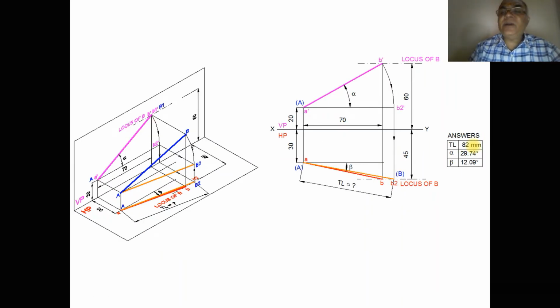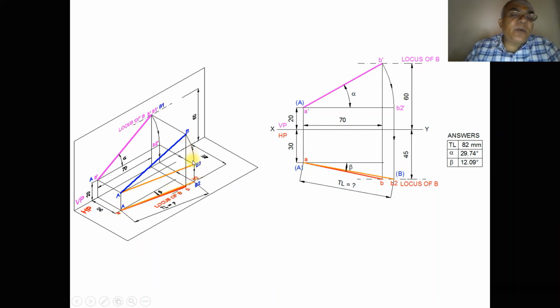Now similarly, we want to find out what is the true length in the horizontal plane. To find the true length in the horizontal plane, that is the top view, we need to consider the front view. So when you are considering the front view, you have the line capital AB. You rotate the line which is in space by fixing the center as A. Then rotate that capital B such that both A dash and B2 dash become parallel to HP. That means B2 is also above HP by 20 mm, and A is also above HP by 20 mm. Therefore, the line is parallel to HP. So when you are projecting this point, we will be able to find the true length in the horizontal plane, so that you are going to get ab2. So here, this is the true length of the line.